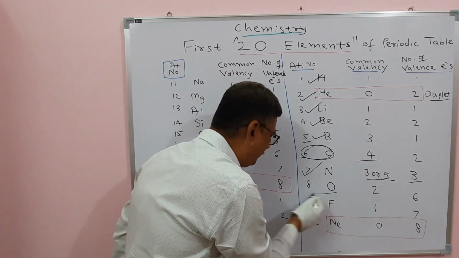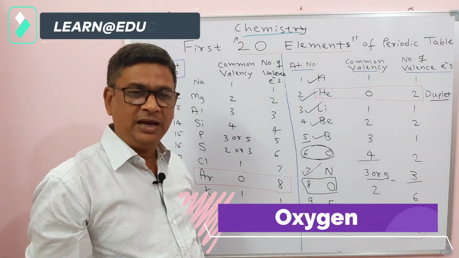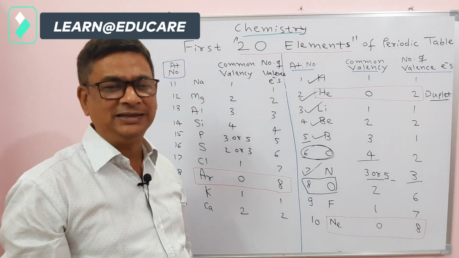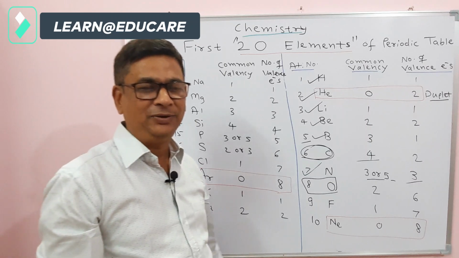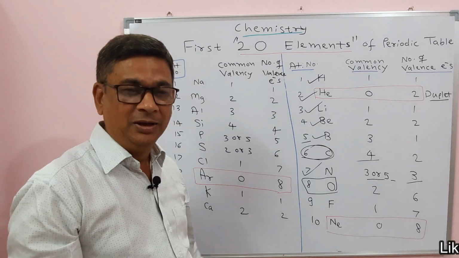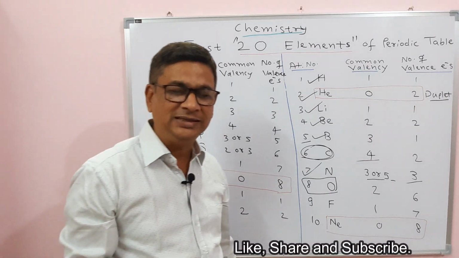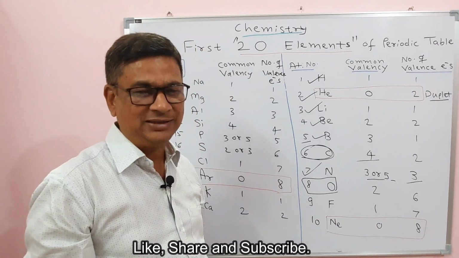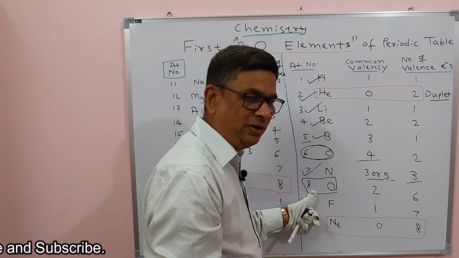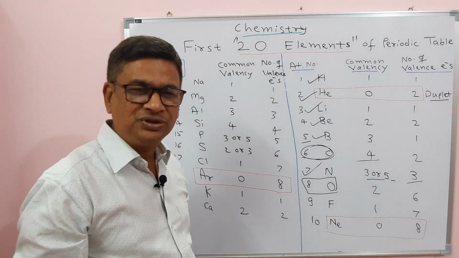The next one is very important for us, oxygen. Without that, no life on earth. And oxygen, perhaps you know, is evolved in the photosynthesis reaction. It is the byproduct. The main product is food in the form of glucose, but we get oxygen there. More than 90 to 95% of the oxygen present on this earth is produced by the photosynthesis reaction of green plants. Its atomic number is 8, its valency is 2, and it has 6 electrons in its outermost shell.